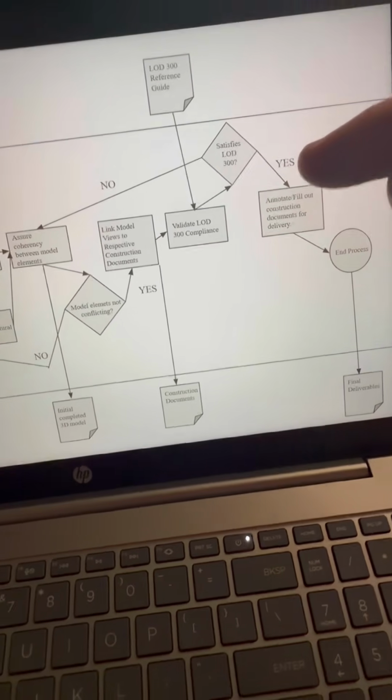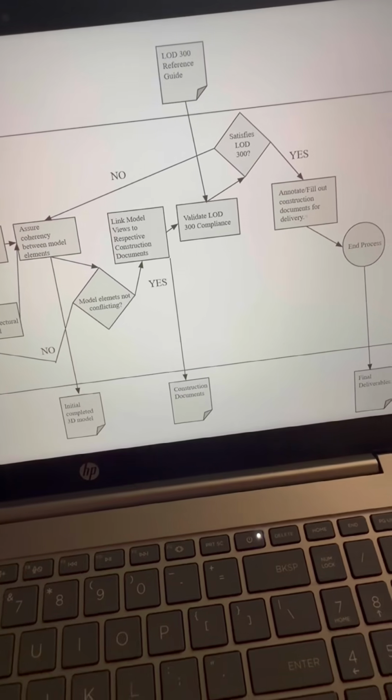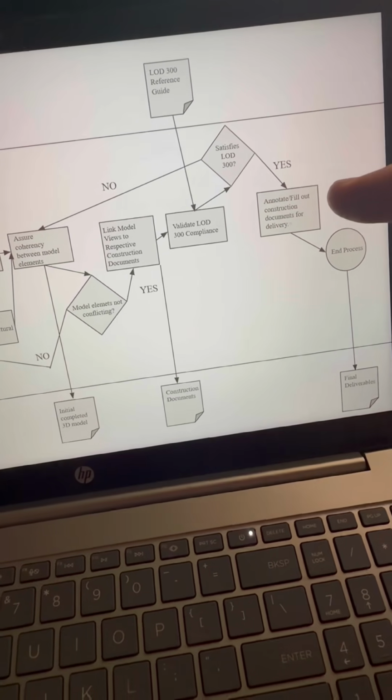Once it did satisfy that, I could go through and annotate the construction documents fully, making sure all the titles and everything were in, making sure everything was named correctly, and